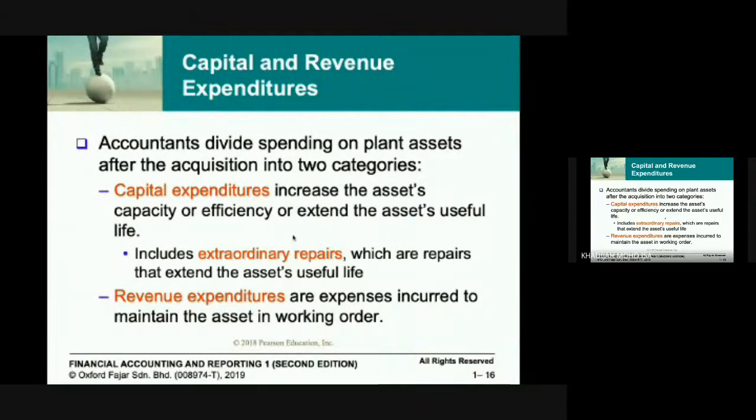For example, if you have a motor vehicle, you have to send the motor vehicle for repair and maintenance every 10,000 kilometers, for example. Or maybe periodically in a year, you have to send it 3 or 4 times for maintenance of the machine. So this repair and maintenance is what we call revenue expenditure. It does not increase the value of the asset, but it maintains the effectiveness or the efficiency of the asset,